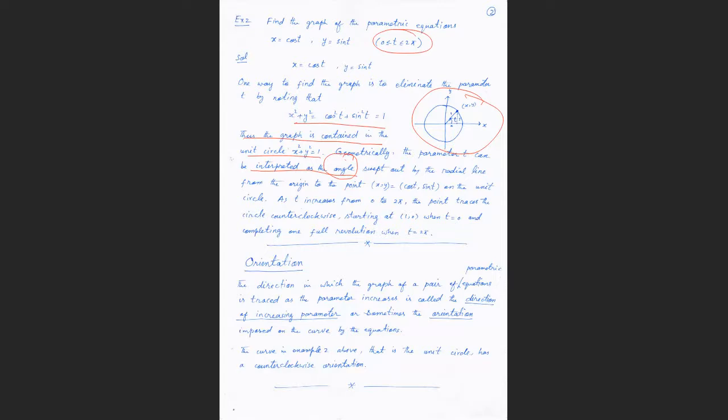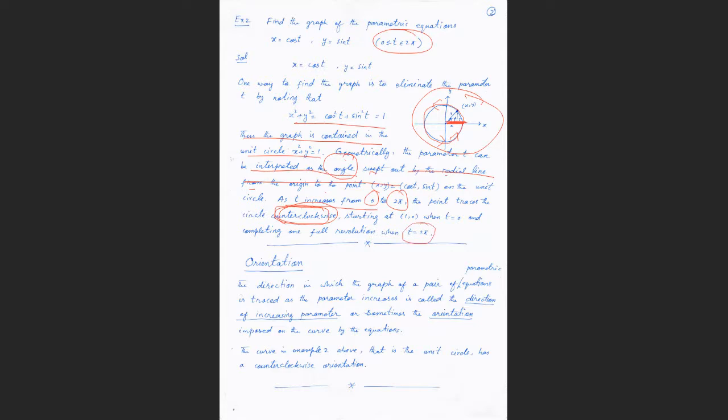You can write these in your own English. It sweeps out the radial line from the origin on a unit circle, as t increases from 0 to 2 pi. This line is at 0, and then we move from 0 to 2 pi. So this is the orientation, called clockwise orientation, clockwise direction. And from 0 to 2 pi, that means this is the full rotation.